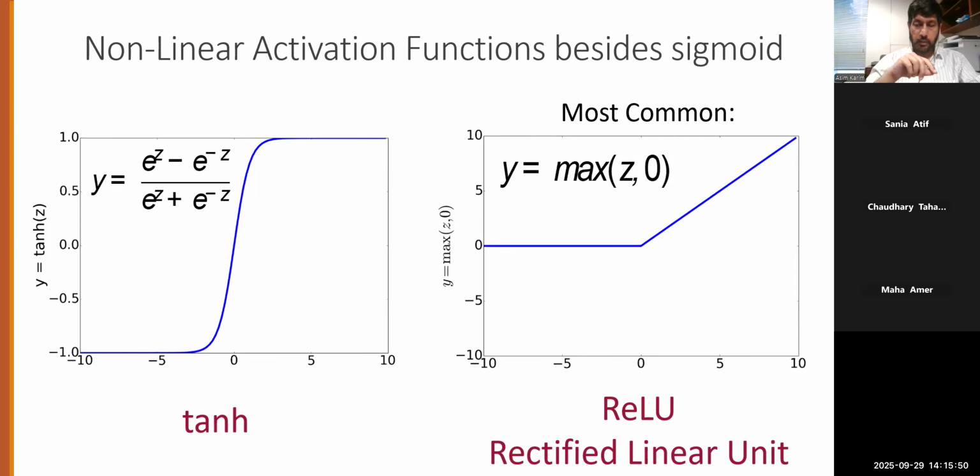But if you look at the tangent hyperbolic, as z increases and the value of tangent hyperbolic approaches 1, the gradient becomes almost 0. For those who remember, backpropagation depends on gradient. And of course, as we mentioned in the last lecture, the gradient descent approach or the stochastic gradient descent approach uses the gradient. If the gradient becomes 0, your weight updates would not occur. So that becomes a problem, especially if you have a large network.